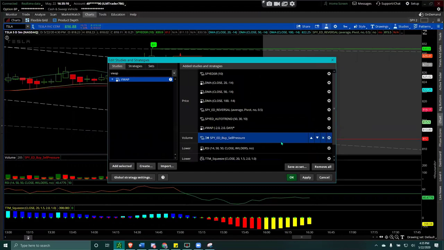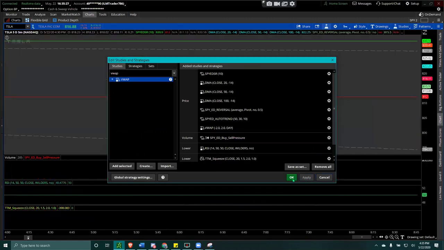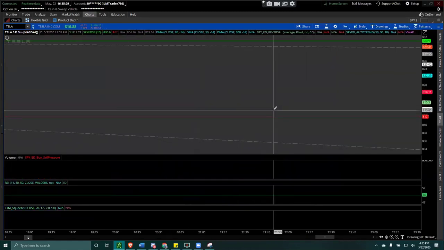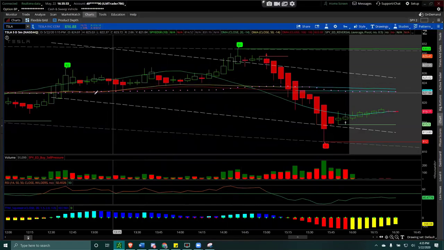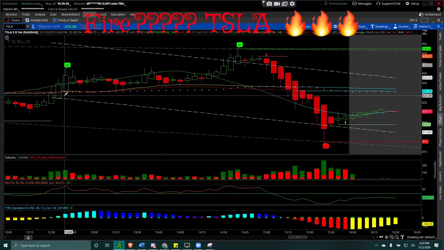VWAP is volume weighted average price. Above VWAP, people want to pay the true price. If it's below, people don't want to pay. Once I apply it, you will see how it works. Look, this blue line kind of works as support and resistance as well.